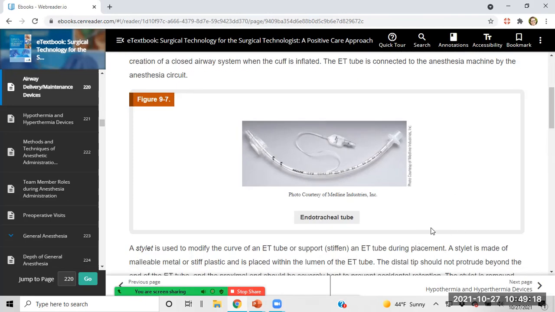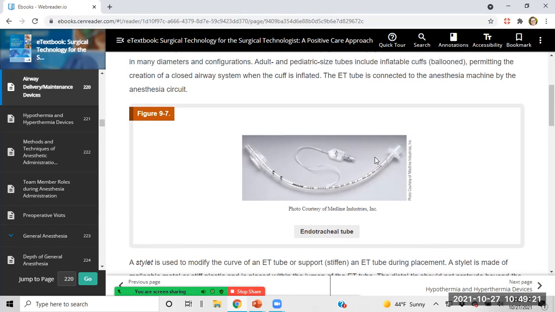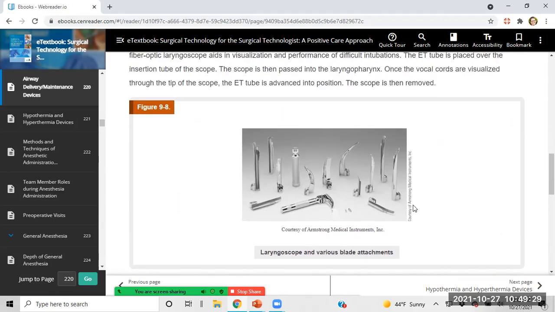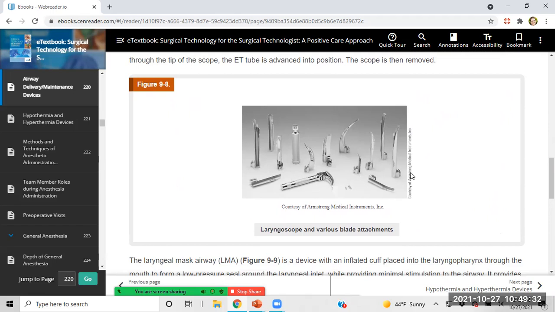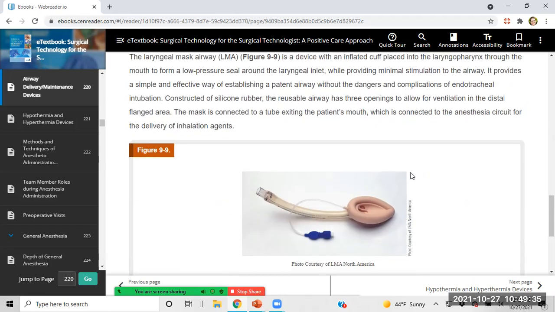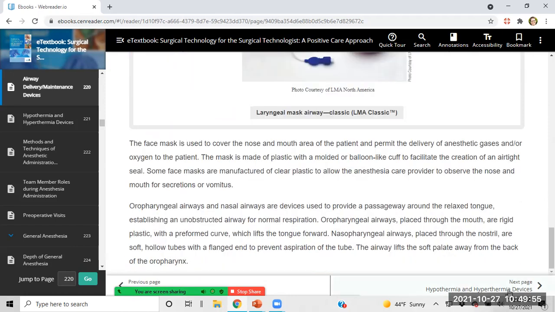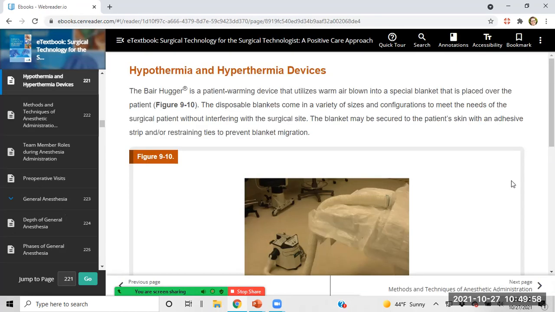Let's see if there's a picture. Yeah. So we're going to use an ET tube to insert into the lungs to be able to provide that airway. You'll see a laryngoscope and different types of blades that are used to insert that ET tube. And then there's also an LMA, a laryngeal mask airway, where an ET tube is not needed as much. This is just inserted down into the airway, and then the balloon is inflated, and that prevents any gastric material from